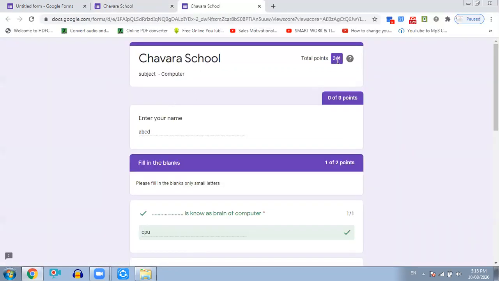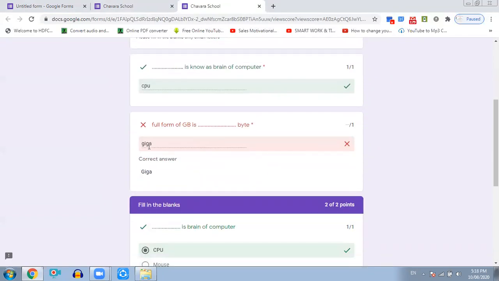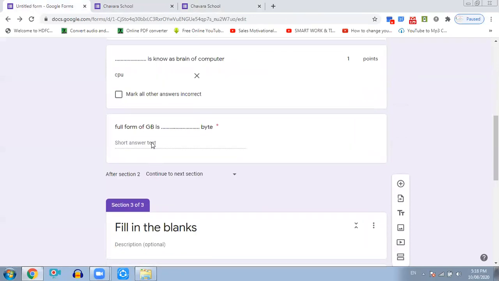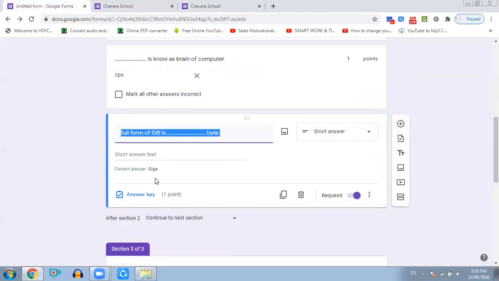So the student has scored 3 out of 4. Whether the answers, all the answers are right. This giga is also right. But what spelling did we write in the question paper for the second answer key? What is the answer key for this? Giga. Same. Spellings are same. Only here I typed capital letter and the student has typed small letter. So it is showing error. It means that though the answer is right, for the student the result is getting wrong because of case sensitive. Here I typed it.